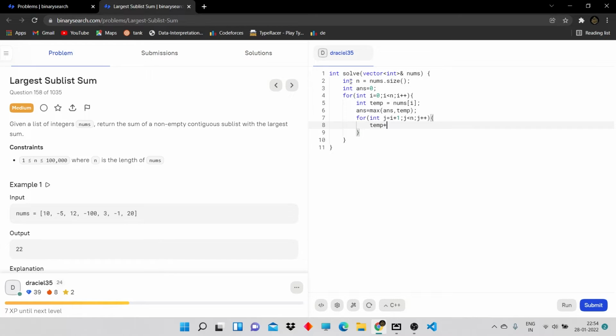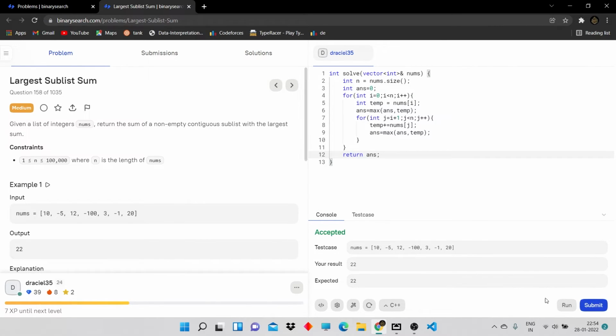Temp plus equals nums of j, and answer will be max of answer comma temp. Okay, so we will return answer. So let's see. We got accepted, but after submitting it will give TLE because it's O of n square